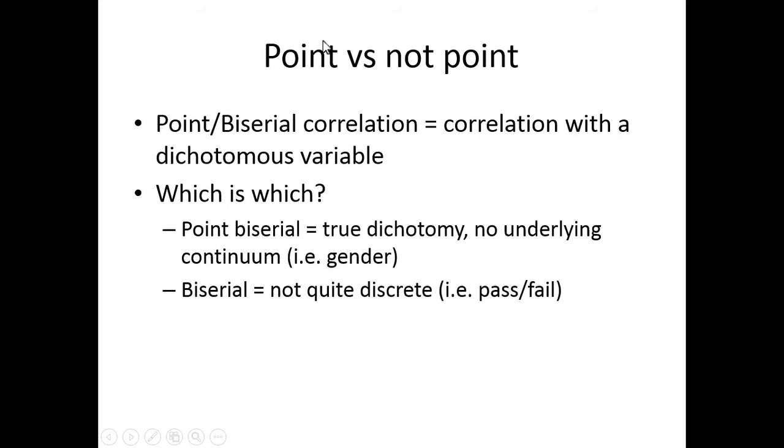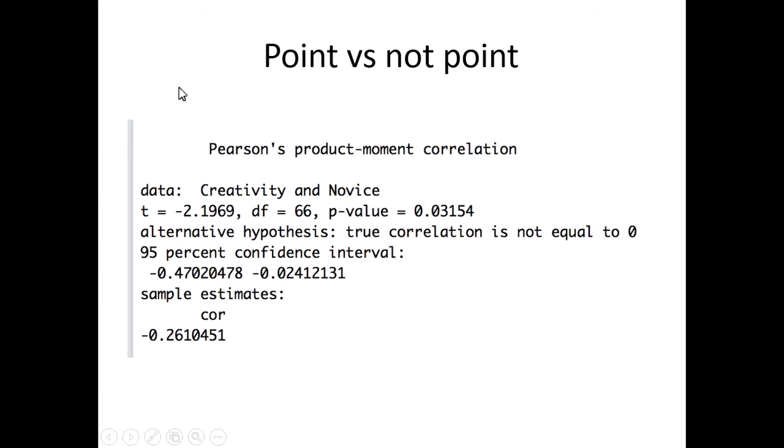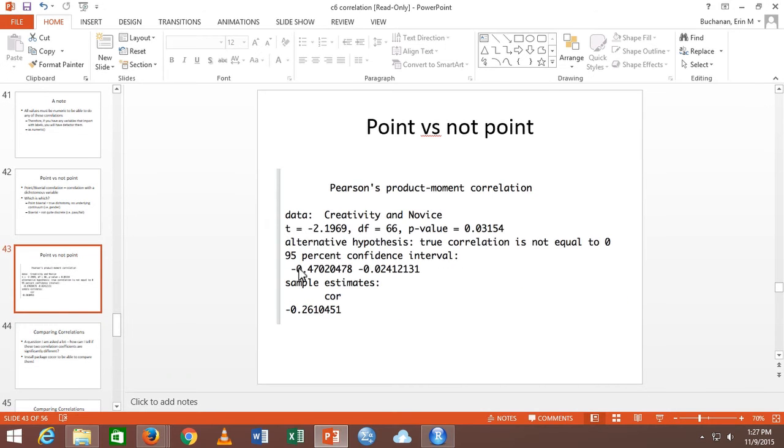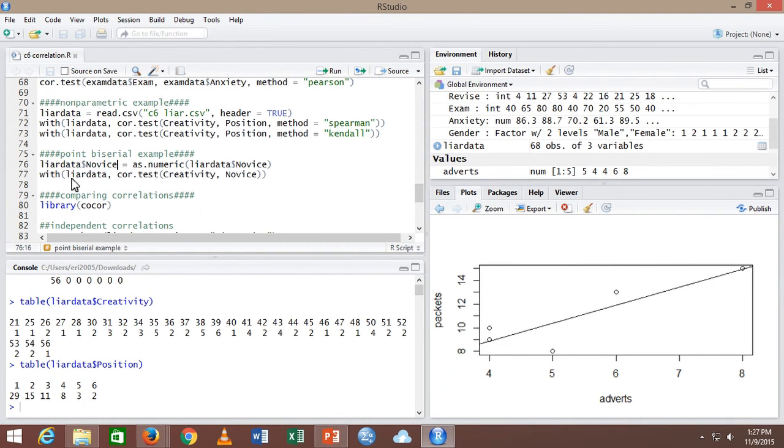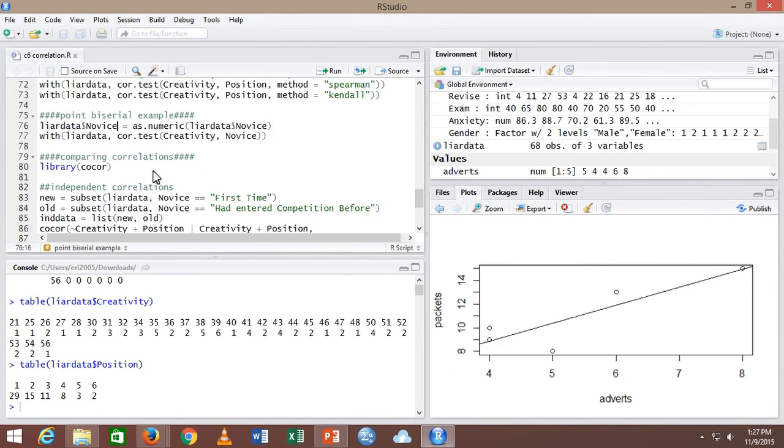And if you can come up with a better point biserial example, that would be great. Now when you run these, it'll still say Pearson's product moment correlation, and it looks just like the other output. But what you have to do, so I did this with cor.test, so I'm down here at point biserial, is